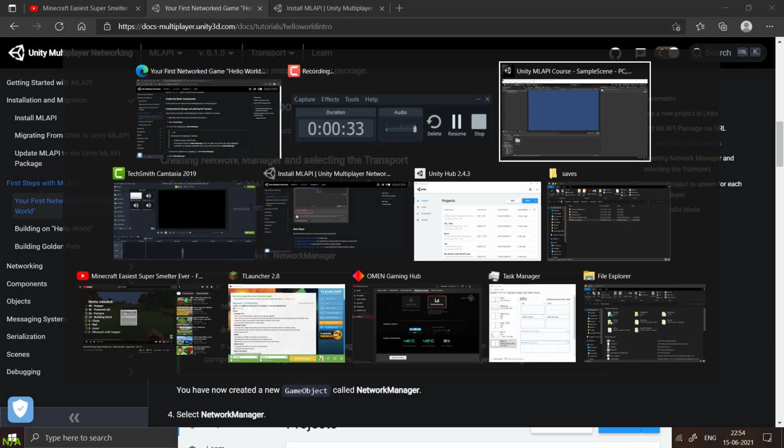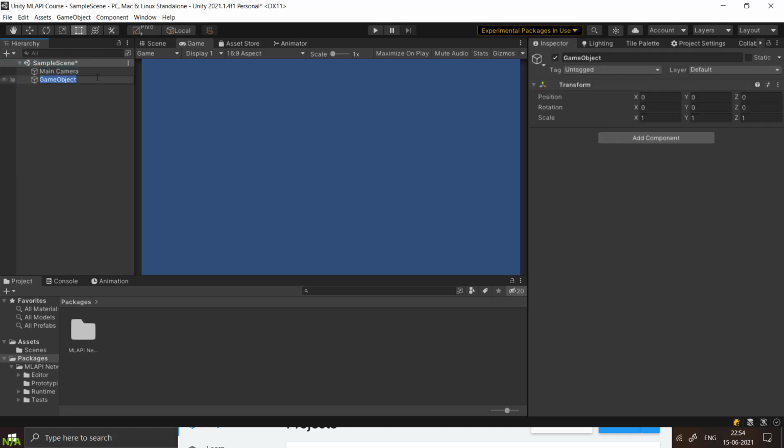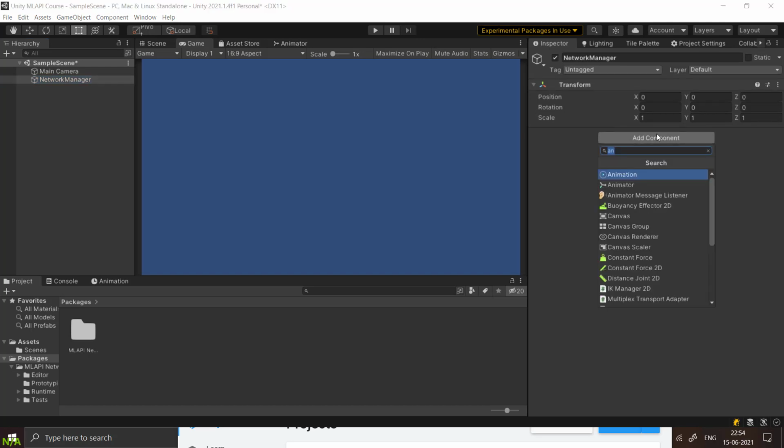Okay, fine. So what we will do is create an empty object and let's name it network manager. You can name it anything, but this seems to be the most plausible name. Go to add component, add network manager to this. This script will be there when you imported ML API.